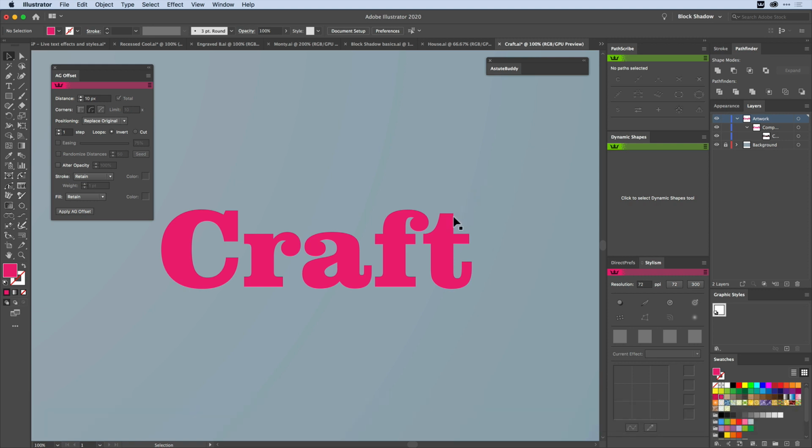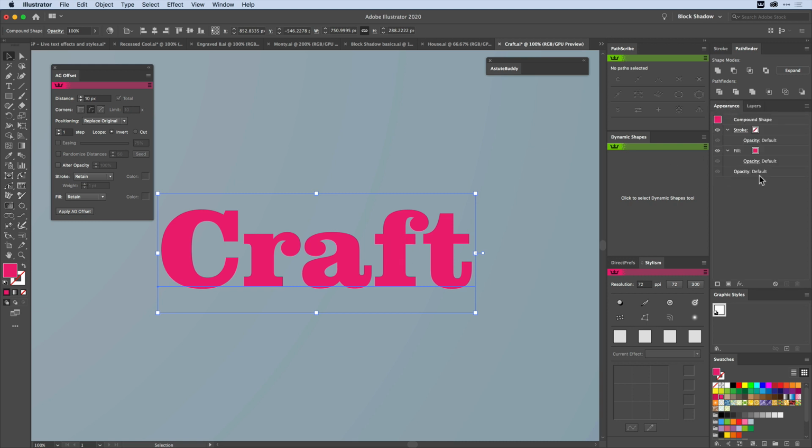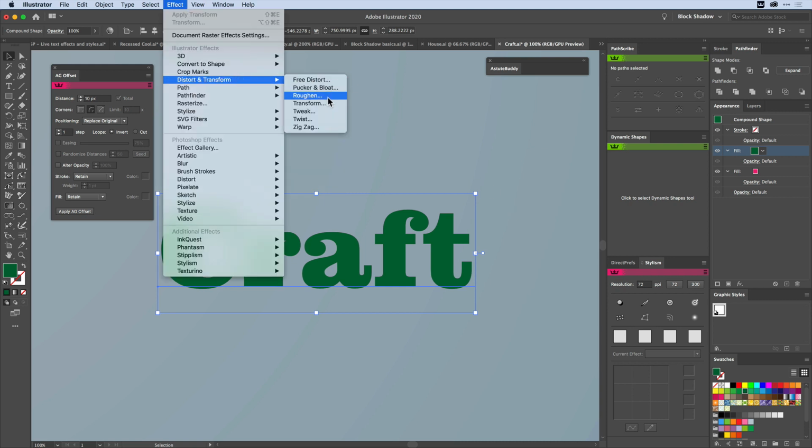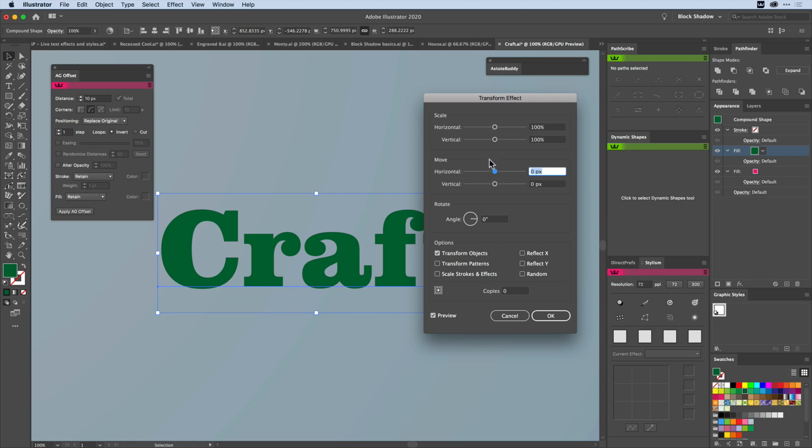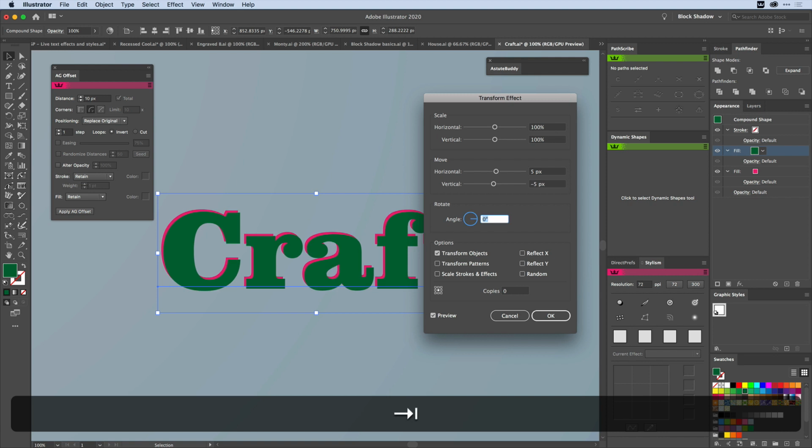We've done that trick. We've made this compound path. We're going to make the effect that Carlos did. So let me go to the Appearance panel. I'm going to create here a new fill, and I'm going to color that fill green. So you've got the underlying magenta one still, and now you've got the green one on top. In fact, let's make that a darker green so you can see it against the background. Now I'm going to go to Effect, Transform, and apply a transform of 5 and 5, something like that. Perhaps a -5, that'll be a bit better.